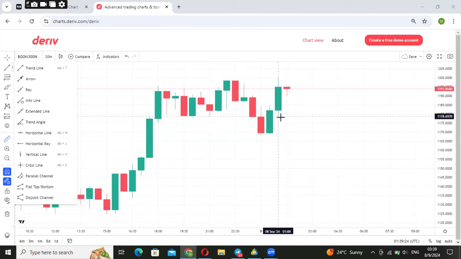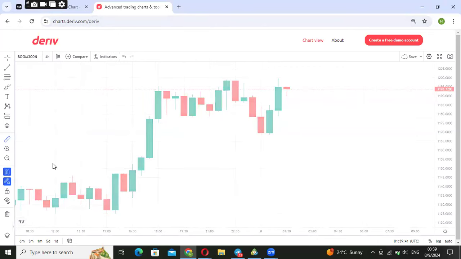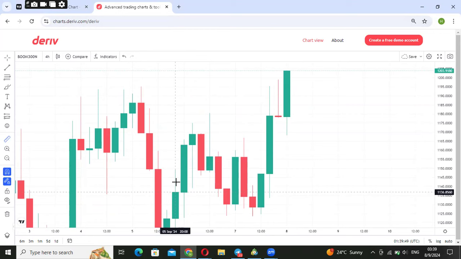As for me, I usually prefer trading using H4, H1, M30, M5, and M1. So we're going to start our analysis on H4. So now shifting to the 4-hour time frame. This is our 4-hour time frame. If you check clearly, we have a very nice engulfing bar on H4,